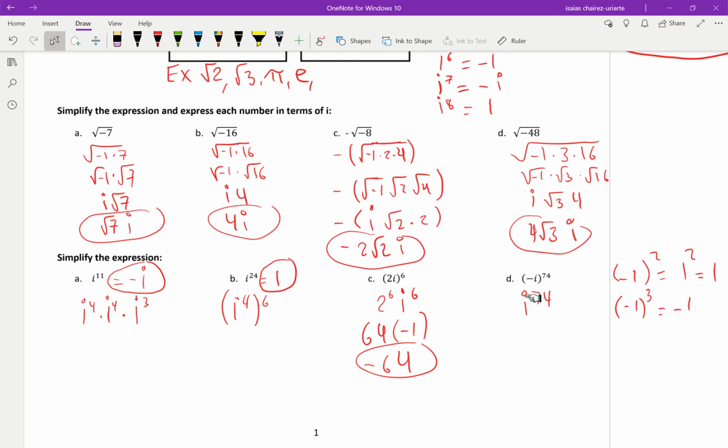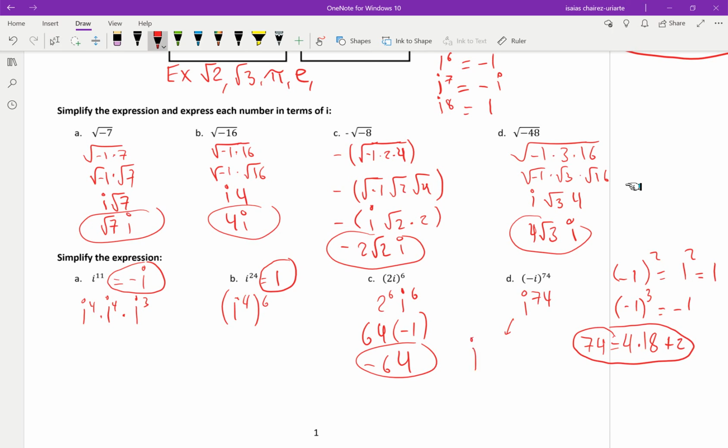So I know this. Look, I'm gonna kind of dissect here. 74 turns out is 4 times 18 plus 2. I am sort of breaking down the exponent 74. Okay, so how is that going to help me? So then what I can conclude here is that this becomes